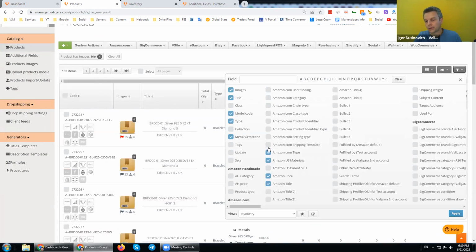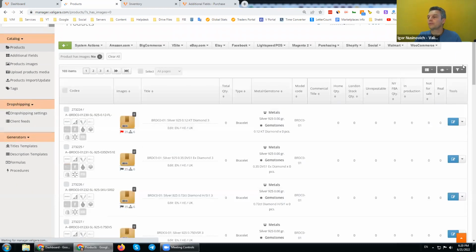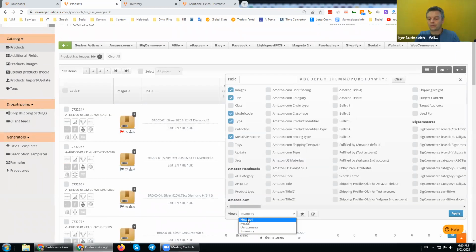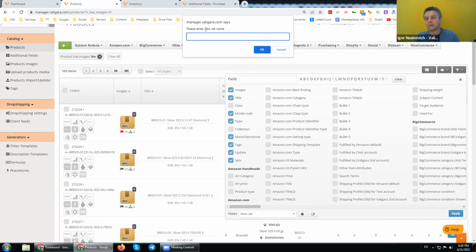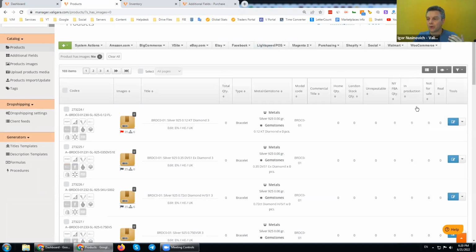Or, of course, I don't need it there. If I want to add a new one, I will select a new set and give it a name. So let me first update the existing one, because the Amazon fields are irrelevant. Now, if I want to save it to a new set, I'll create a new set with new tags, updated sets, 3 fields, and then new set, and we basically click the star again, give it a name, and that's it. So this is another UI that we have added for you to effectively work with your product information.